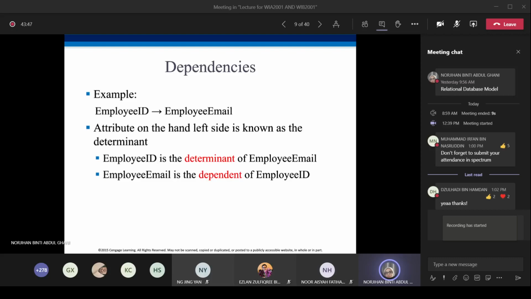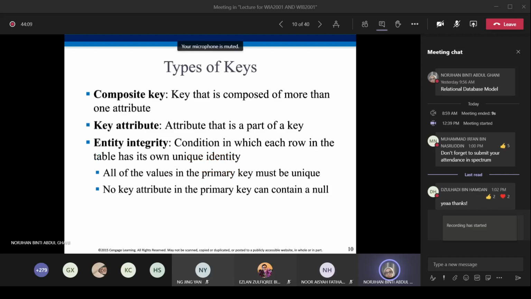Meaning that the determinant is a full functional dependency for employee email only if the entire collection is needed. That is how you should know the concept of dependence.